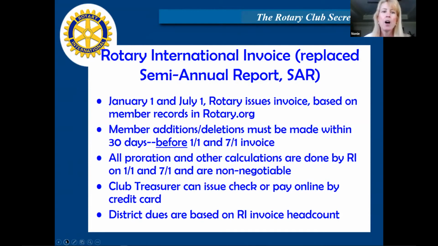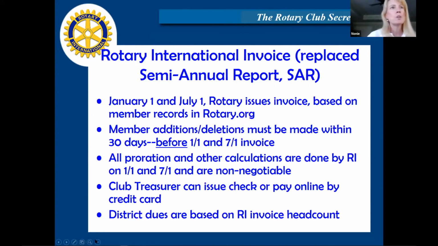All proration and other calculations are done by RI on the 1st and on the 7th. These are non-negotiable. They're not negotiable at all. It's just the way that it is. The club treasurer can issue a check or pay online by credit card, and district dues are based on RI's invoice head count.